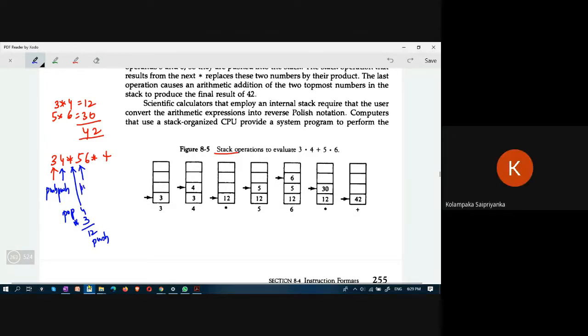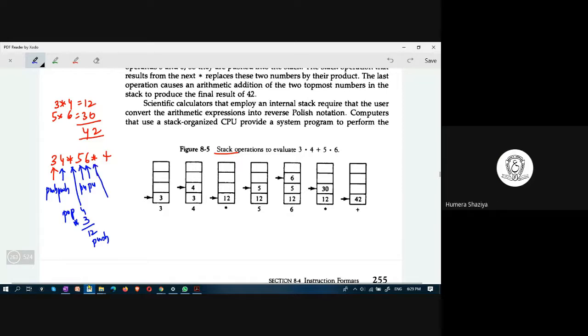So you see, after 12, now 5 has been pushed into the stack. It encounters another operand. Which operation? Push only, ma'am. So can you see here, 6 is also pushed into the stack and this is the top. This arrow is the pointer, which is the top pointer.